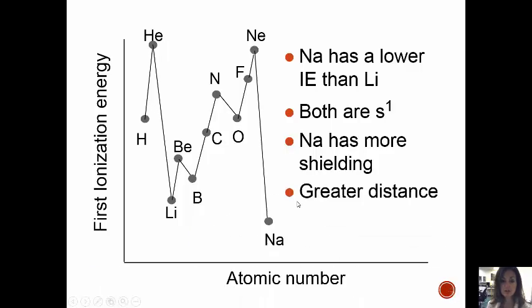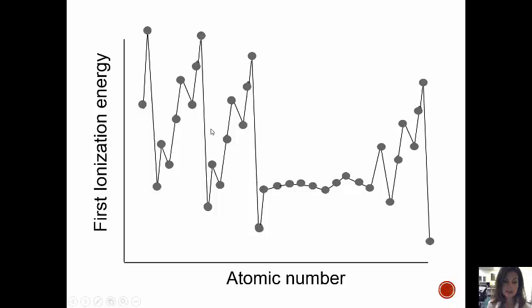Greater distance. All right, what you see here are periodic trends, and you can see up here they're really high because they have full valence shells, they have an octet. Down here, these are all the group 1 elements. This right here is the D block. So what you can see from this ionization energy, and this is a little above the scope of this class,